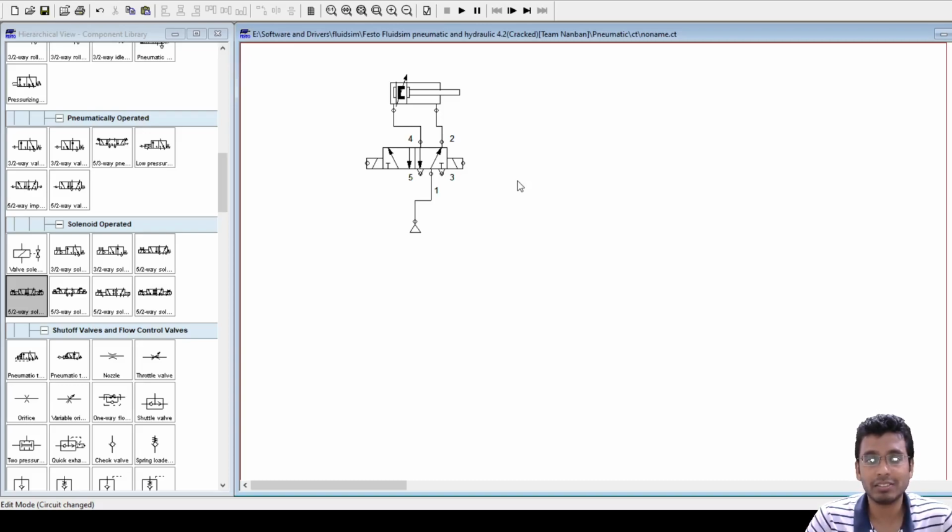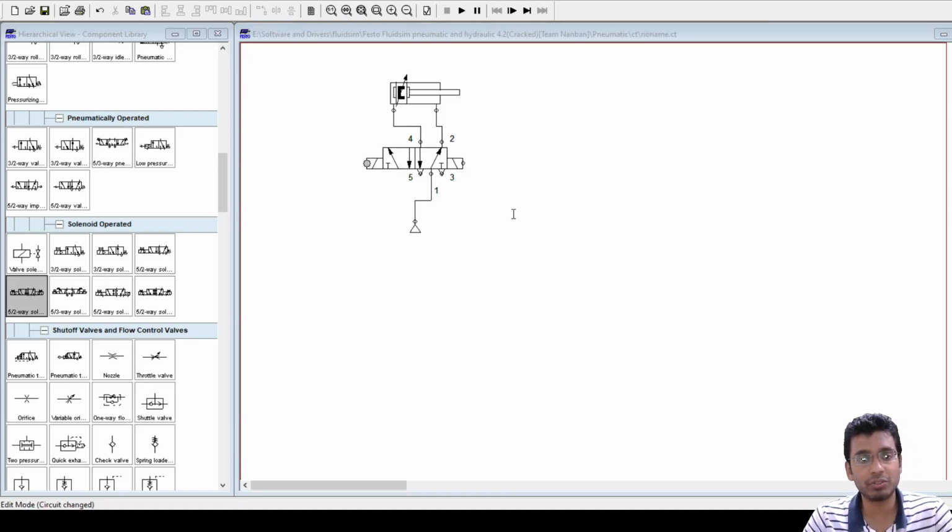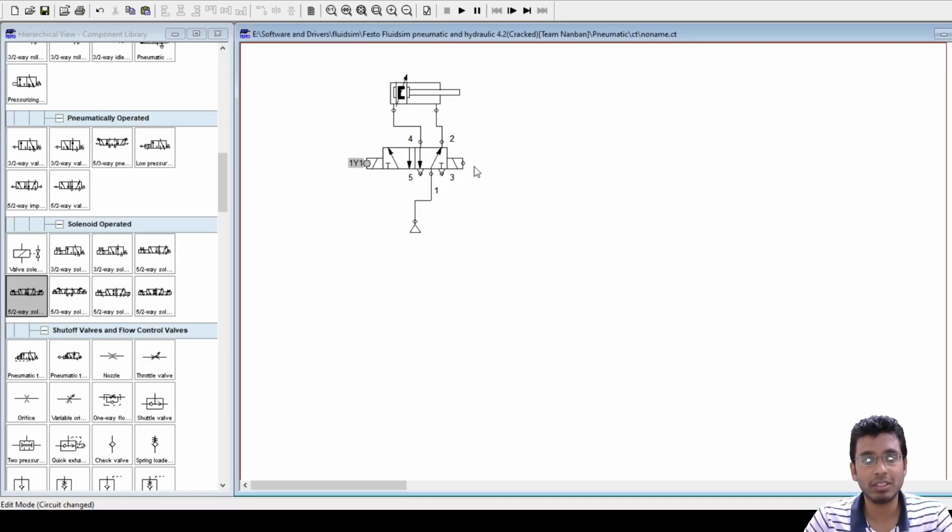Label? Sir, solenoid. Yes, good. We have to name the solenoid. Okay. So what should be the label of the solenoid? Sir, 1/1, 2/1. 1/1 or 2/1 or 1/2? What should it be? This one. Should it be 1/2 or 2? 1/2. Yeah, this should be 1/2. Good. Fine. So this is my pneumatic circuit.